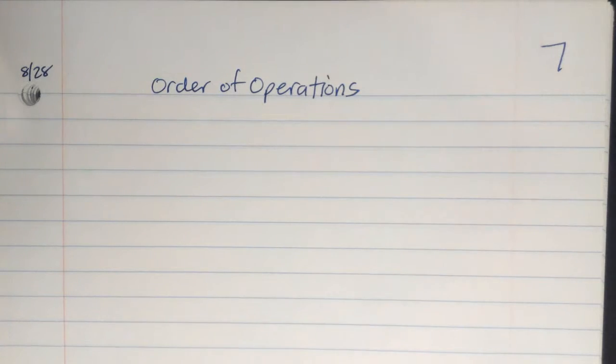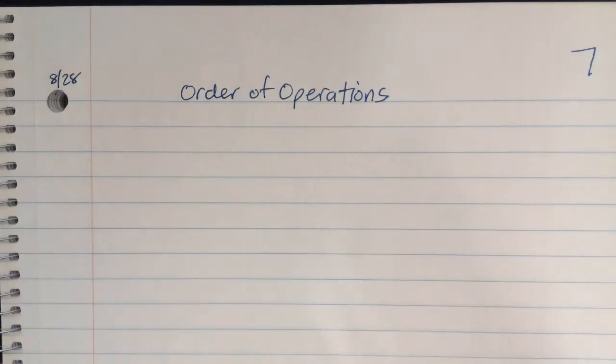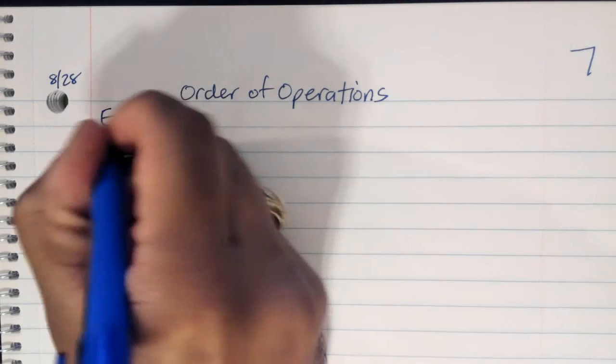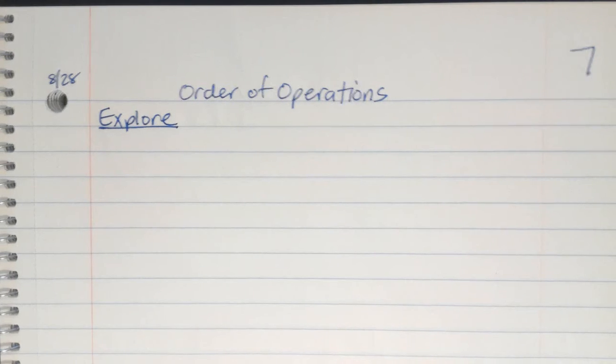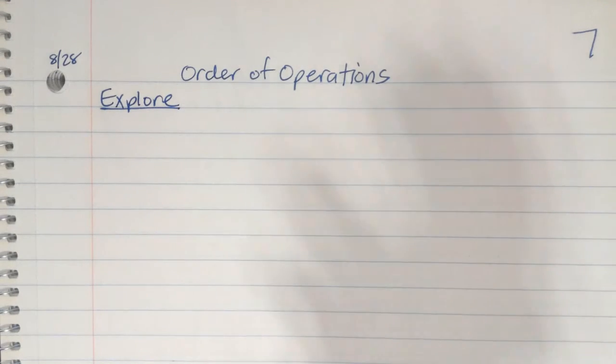Okay, so let's go ahead and look at order of operations. We're going to do a little activity before we actually start learning about our order of operations. So we're going to explore. I'm going to do 4 questions for exploring. So I'm going to write down 4 questions, and I'm going to tell you when, and you're going to go ahead and solve those 4 questions. The first question